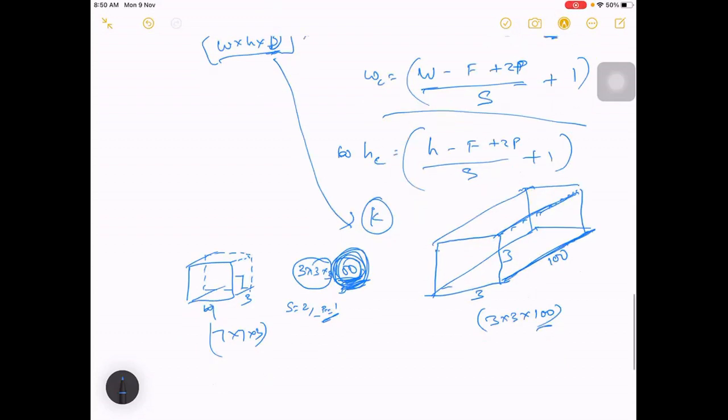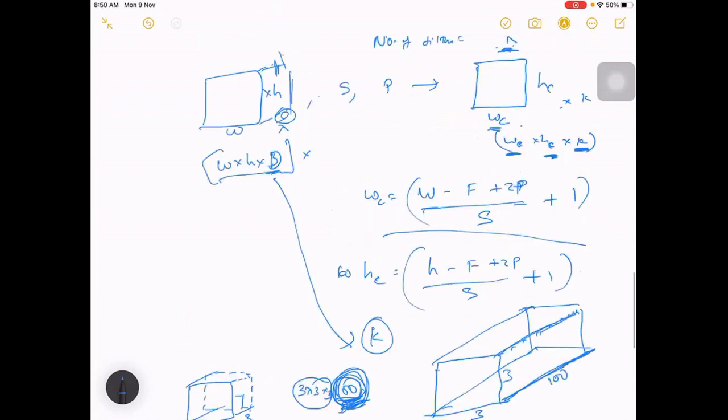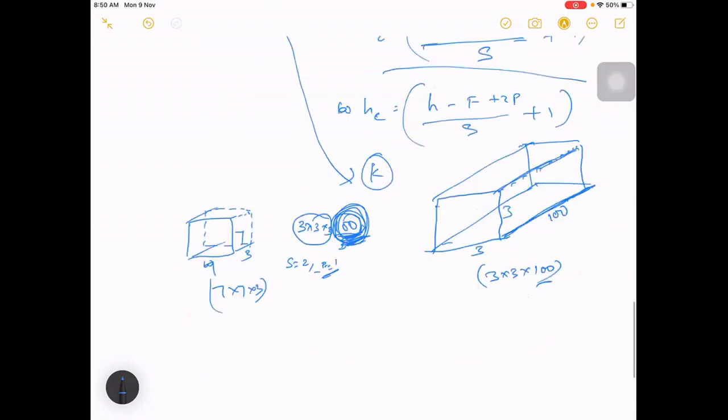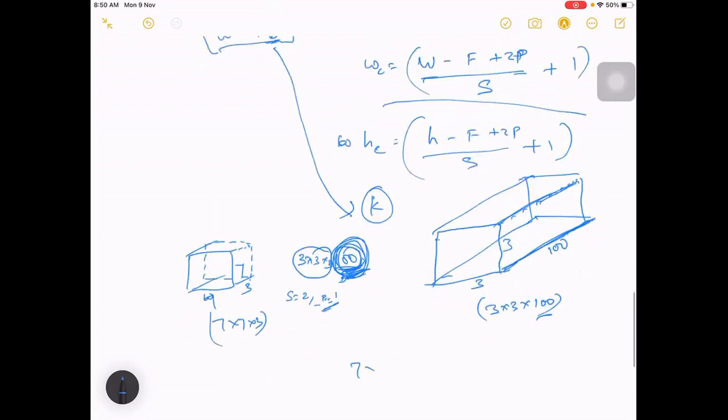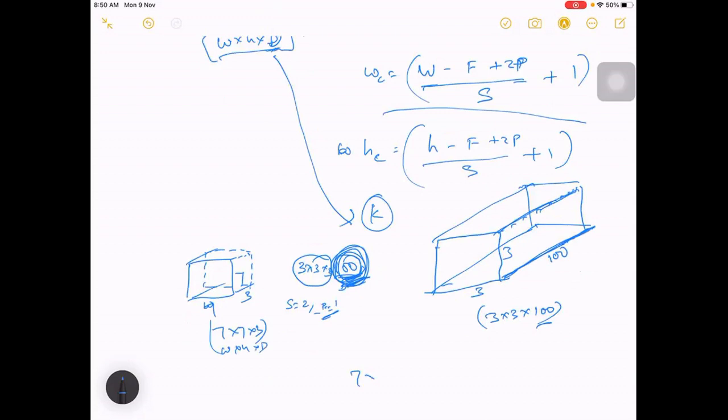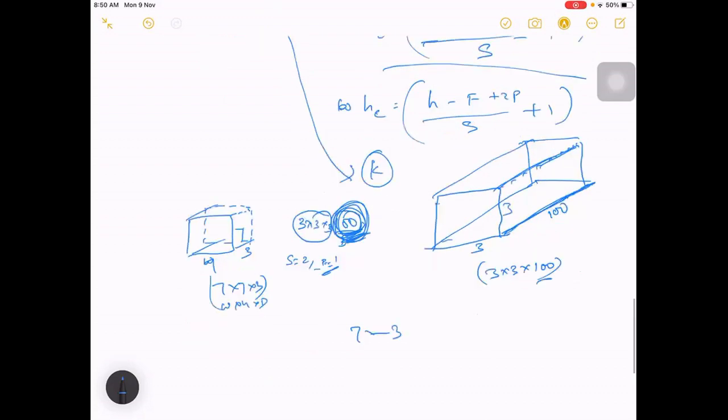And to calculate, you can use something like this. If you see, 7 is W, and then H and D, and here you have the S value and P value. 7 minus filter size, which is 3 let's say, and stride is 2, plus 1.